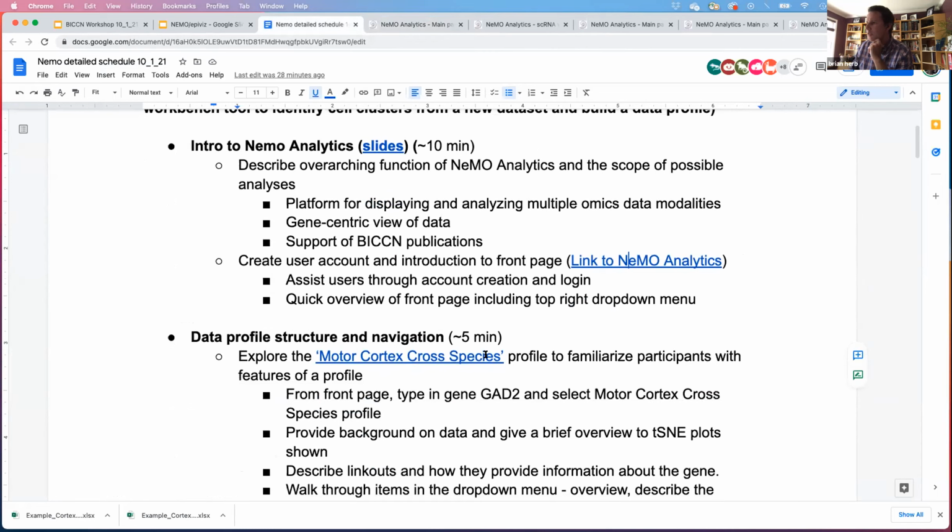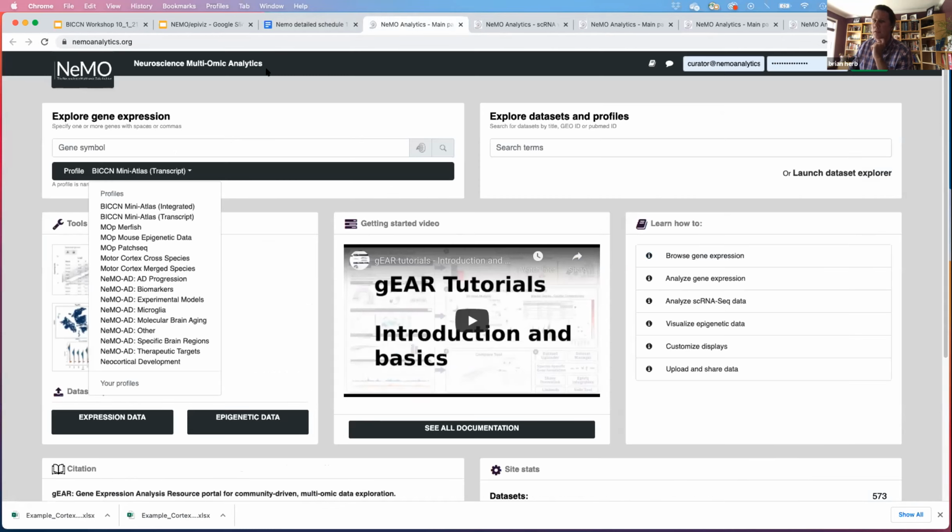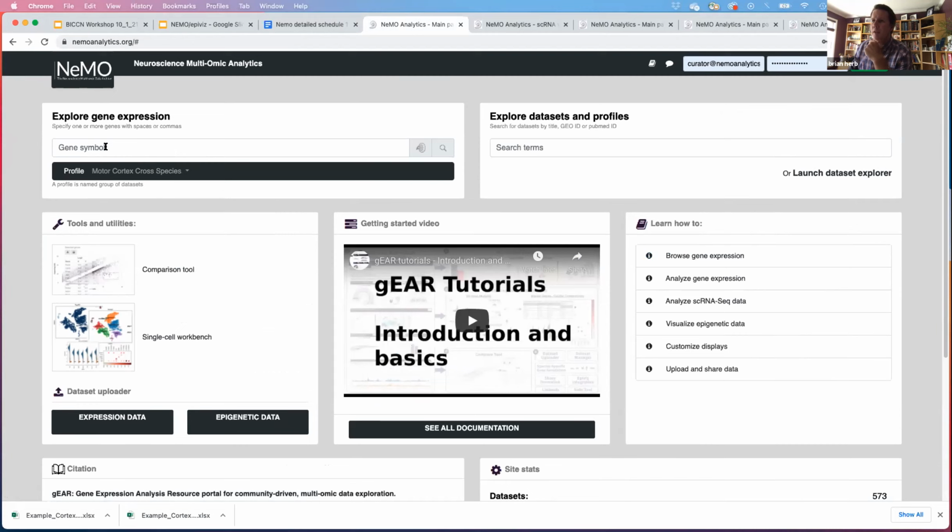Motor cortex cross species is one of the first things we're going to tackle. And so I'm going to click on motor cortex cross species, and that'll select that profile. And then once I type in a gene, I will go directly to that profile itself.